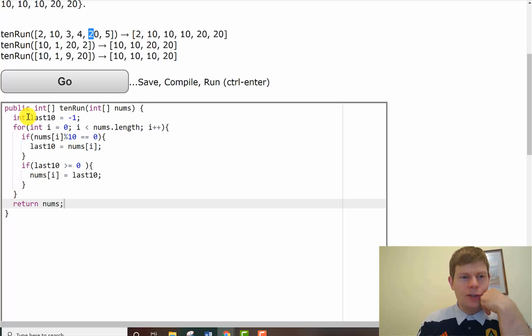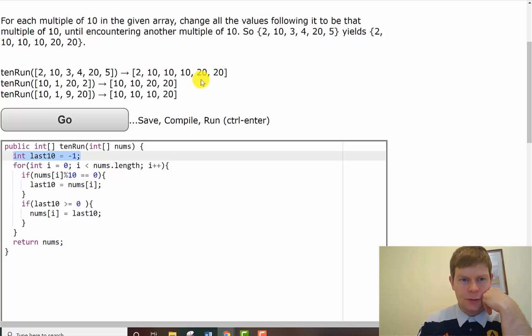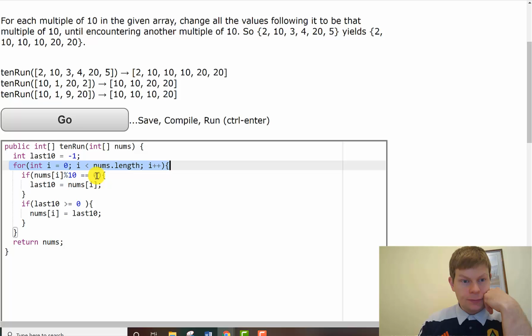It's not too bad, but I've got a flag variable here. My numbers are always positive, and so I'm using that to my advantage by starting off my last 10 value as -1. This means I don't need another variable, because -1 is an impossible value since all these numbers are positive. And so I just go through my whole array, and if the number I'm currently looking at mod 10 equals 0,